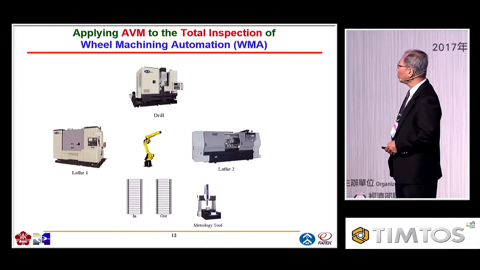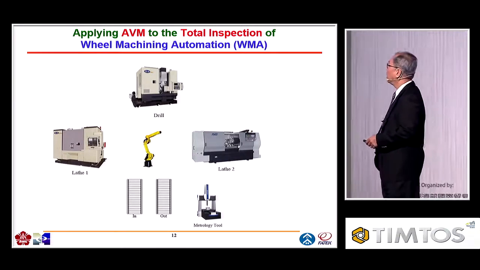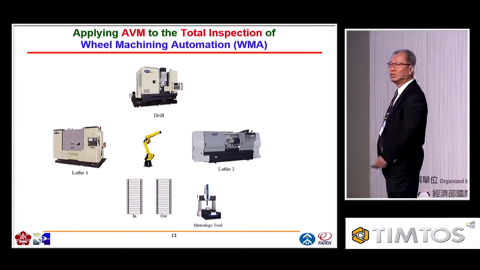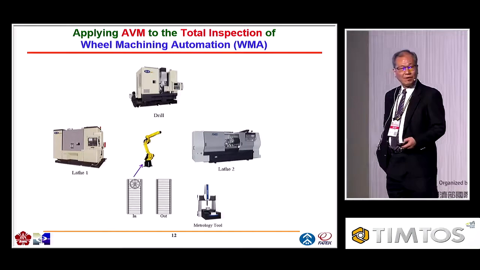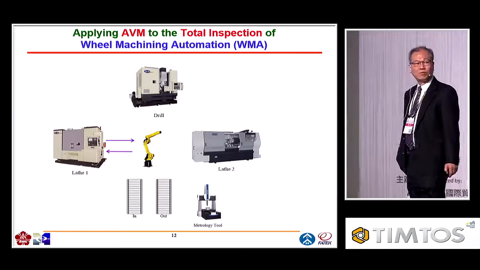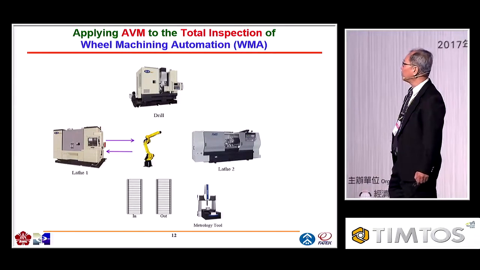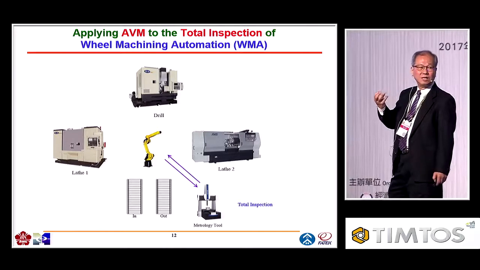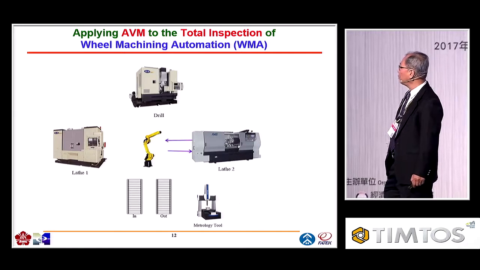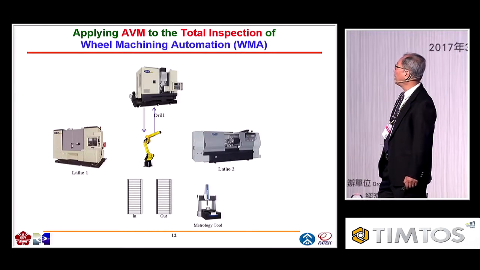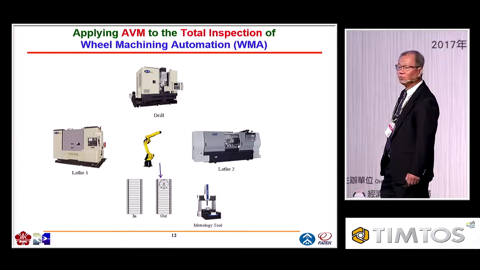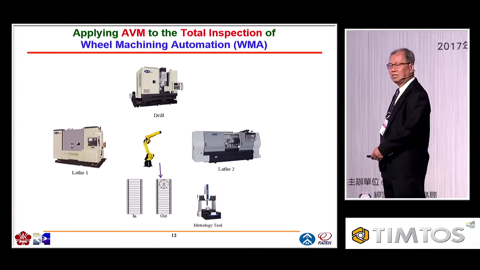Okay, so for this turnkey solution, this wheel machining automation, we have two lathes and one drill machine. And you see, conventionally, when we have a wheel, of course, we just bring it to the lathe and machine one side of it. Then, because the central hole diameter is a critical dimension, we need to have total inspection of that. And then we machine the other side, and then drill the holes, or something like that, okay? Then after that, of course, we finish and the operation is done.